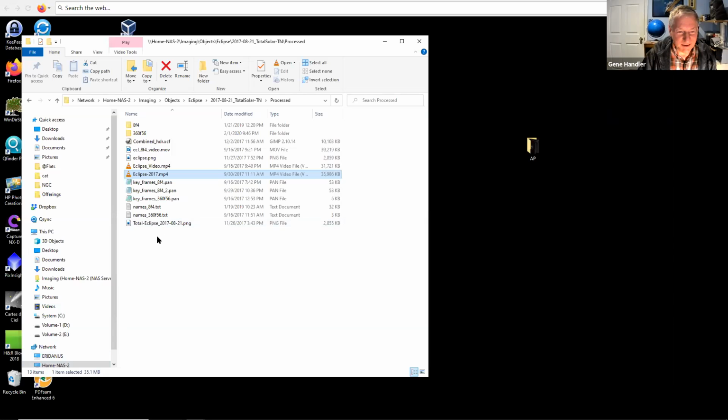And then the other thing I wanted to mention was the standard way to take pictures of a total solar eclipse during totality is you take different length exposures. Like you take real short ones to get the prominences, and then you take a whole bunch of different ones to get varying amounts of the corona. But I didn't want to do it that way. I thought I'd try something else. So what I did was I only took two different length exposures.